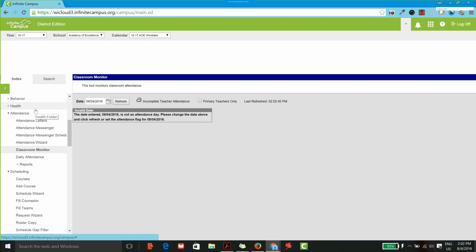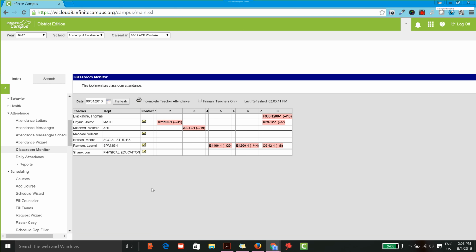Oh, now I know. The reason it's not showing up is you don't have any kids in those sections. It's only showing us sections that kids are actually enrolled in. So you've got those other sections out there, but there's no kids enrolled, so he doesn't have to take